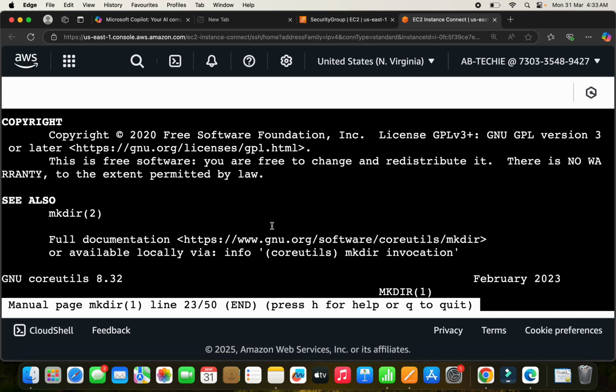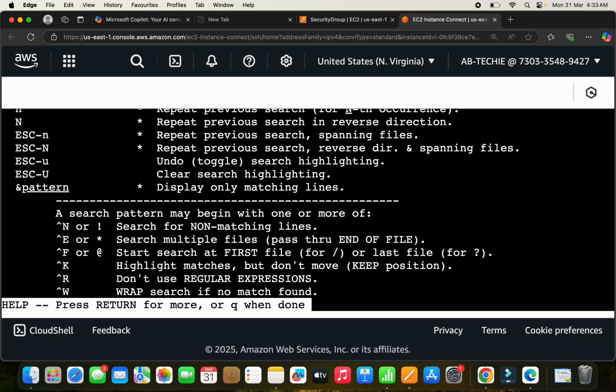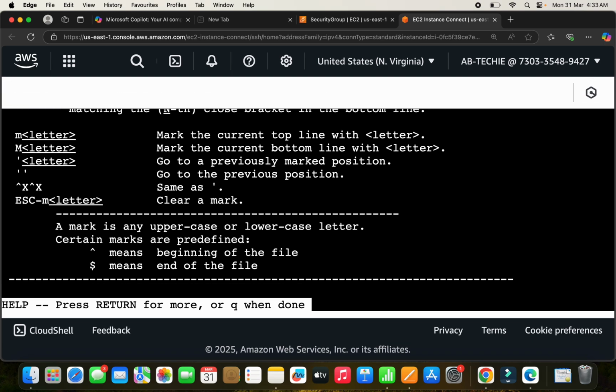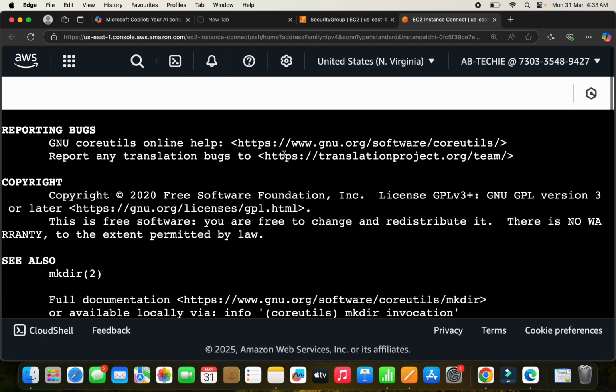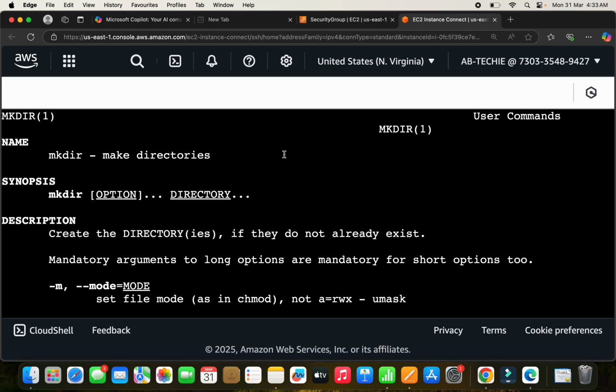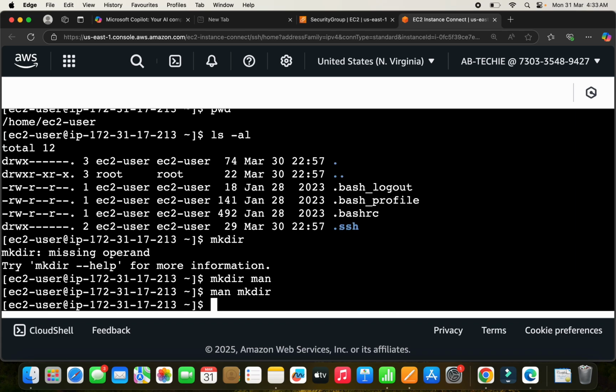Okay, here like this we were able to see, right? mkdir is make directory. Press H for help, or Q for quit. I'm clicking quit, and then we can create by using mkdir some